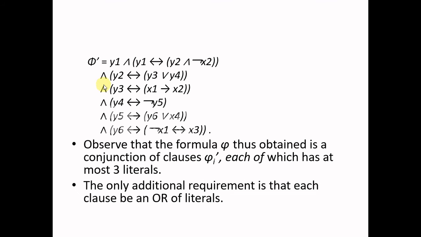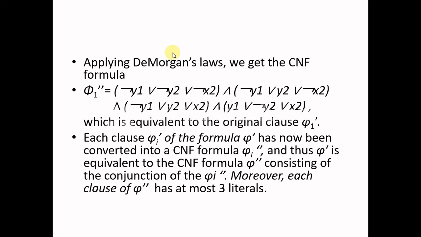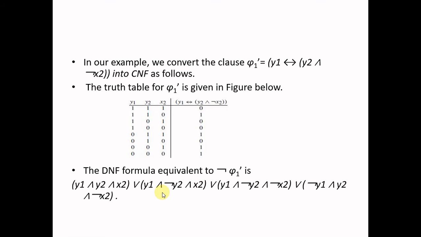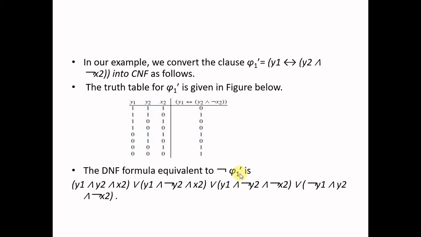So you get negation y1 or negation y2 or negation x2 and so on. Just apply De Morgan's law and convert this. So you will get a formula like this, negation y1 or y2 or etc., and which is equivalent to the original clause phi 1 dash. Both will be the same, phi 1 dash and this one will evaluate to the same thing, and each clause phi i dash of the formula phi dash has now been converted into a CNF